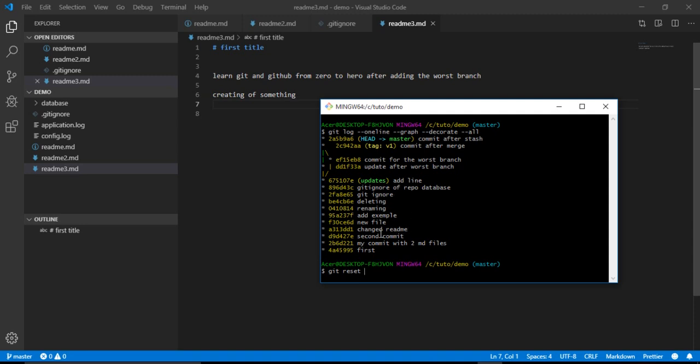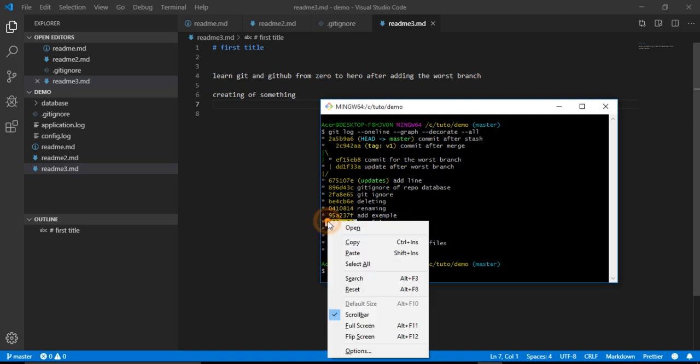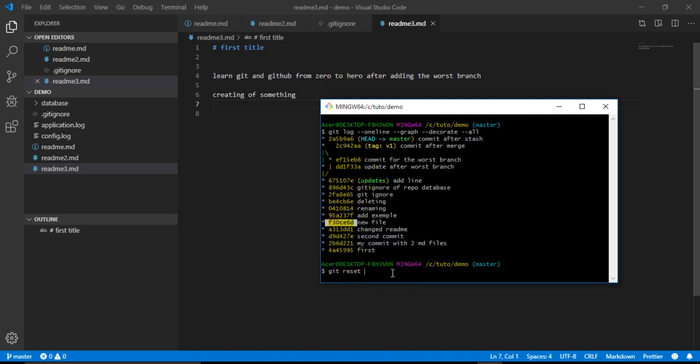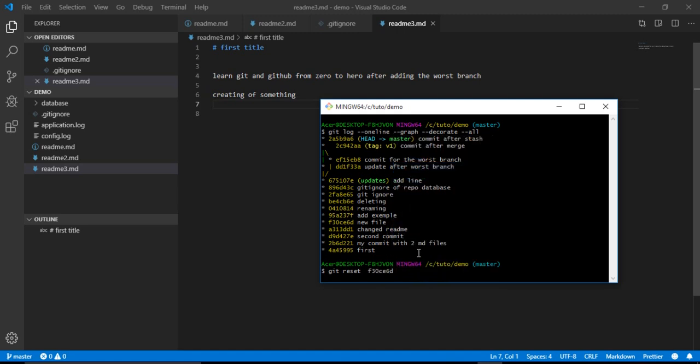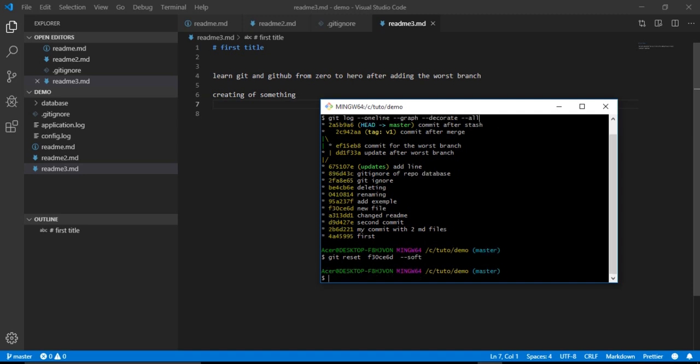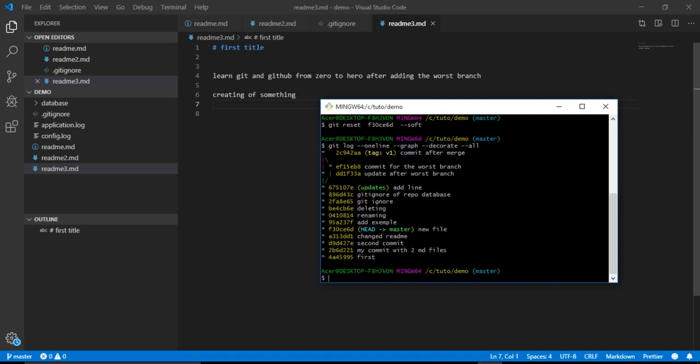For example, let's go to this new file commit. We will copy the ID and paste it, and after that --soft. We hit enter. Now let's re-execute the first command. We see that now we are